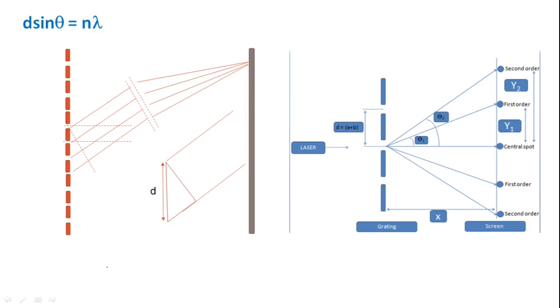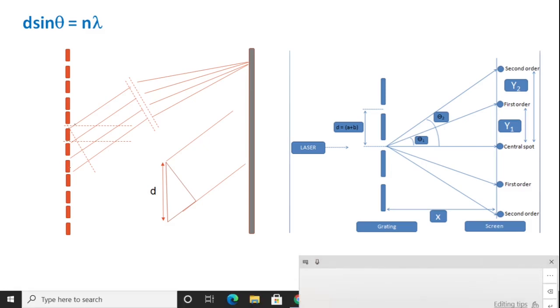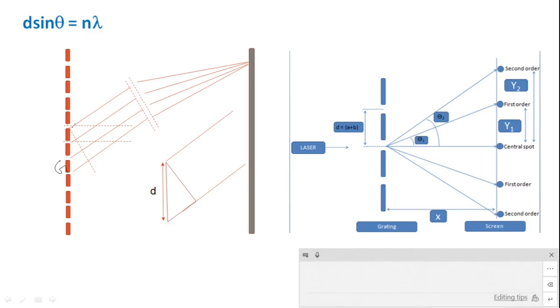So here we have the grating and these are the diffracted rays. They have a path difference of 1 lambda, 2 lambda, 3 lambda and so on, and this is the angle of diffraction, theta, which is exactly the angle theta here. So this is one ray that is diffracted and this is the other ray that is diffracted. They have a path difference, between this ray and this ray. That path difference is this value here.